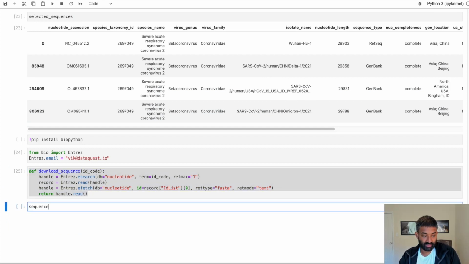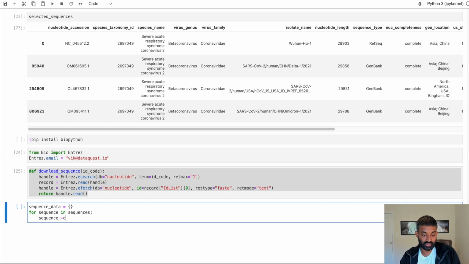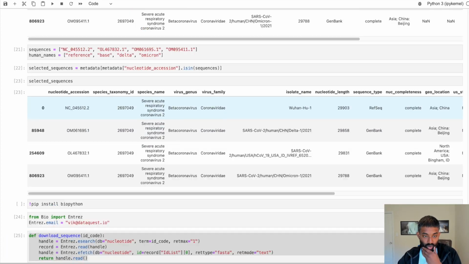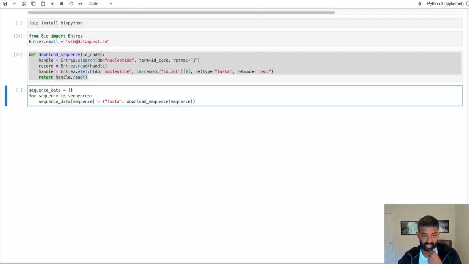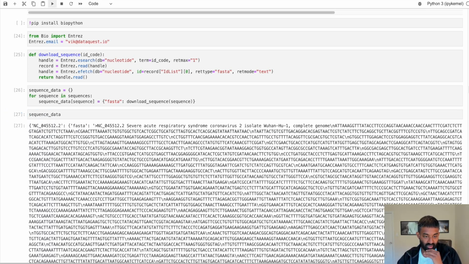All right, so we're going to say sequence data is a dictionary, and then we're going to say for sequence in sequences, we're actually going to now download the sequence data. And we're going to say FASTA equals download sequence. All right, so what this is doing is it's going to loop through all of our sequences, and for each one, it's going to download the sequence from the NIH database and store it into this dictionary. All right, so this might take a little bit to run because it has to talk to an external site and do some downloading. All right, I will print this, but it's going to be really long,